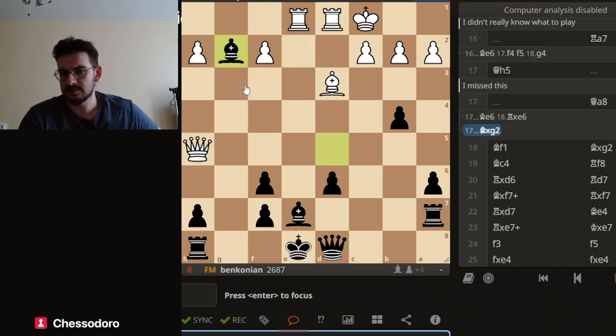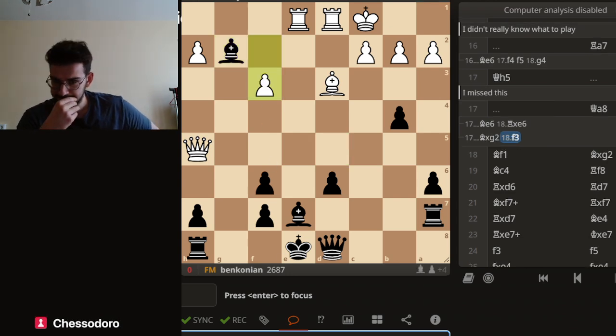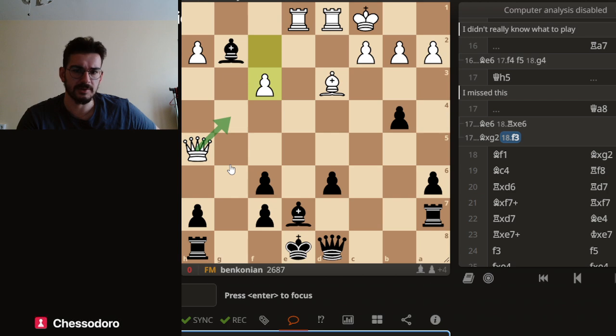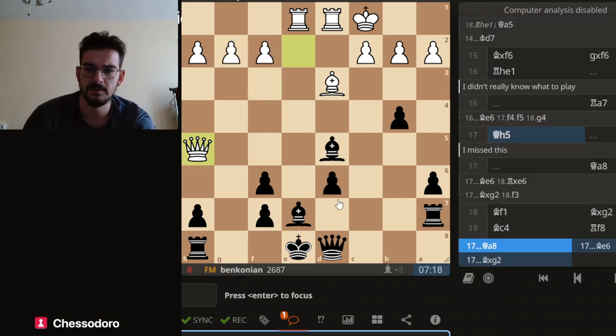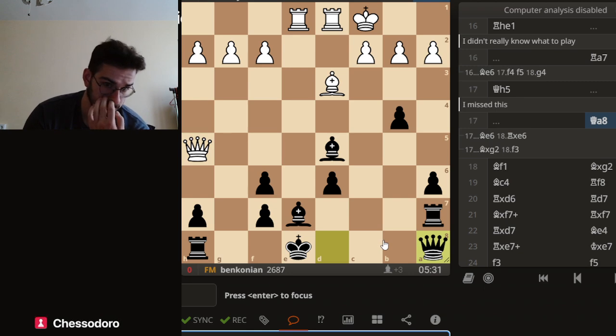I would like to take here, but I thought after f3 my bishop would also be out of play and probably trapped. The threat is queen g4 or rook e2. I didn't really trust taking this pawn, so I played queen a8, which doesn't feel right